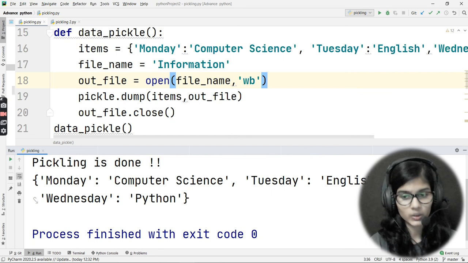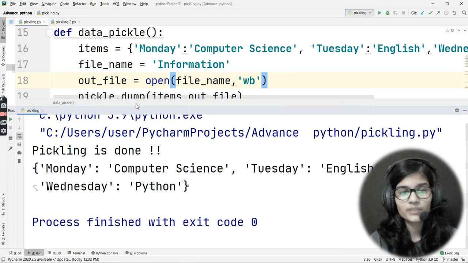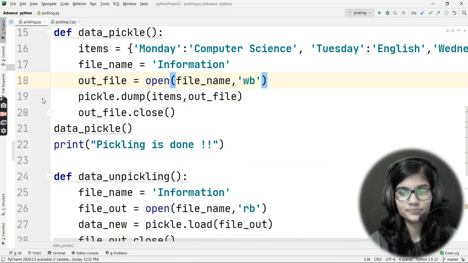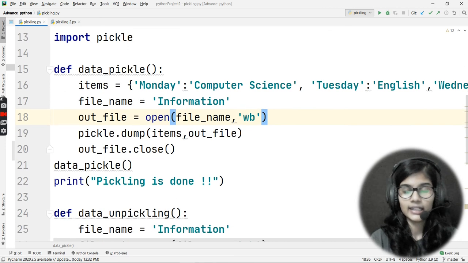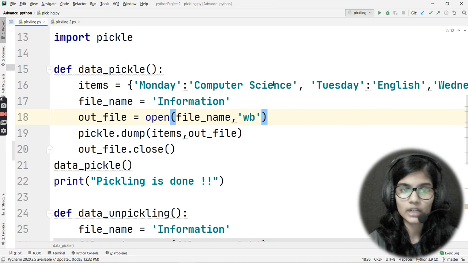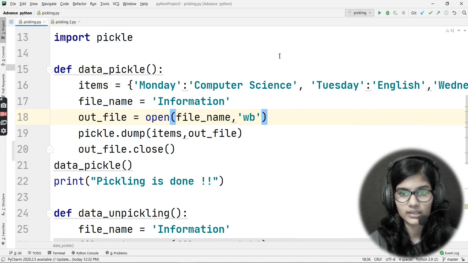And in the previous video, I had already shown you how, if we open the information file, that data will appear there. So I hope you are very clear about how pickling and unpickling is done here, and basically how to achieve pickling and unpickling. I hope it is clear how we do the pickling, how we do the unpickling, what the definitions for this are, and how to do these things.